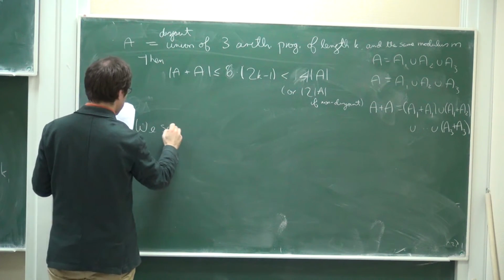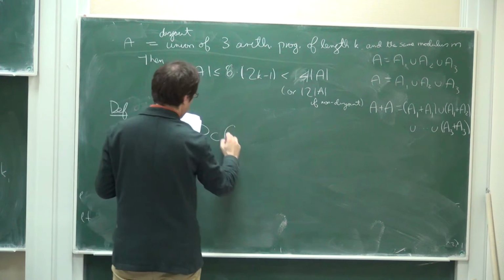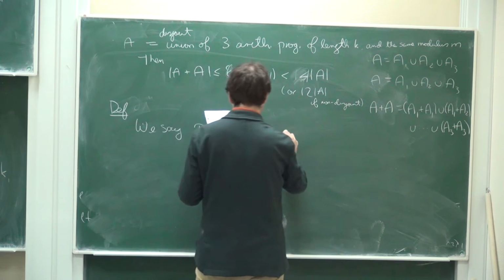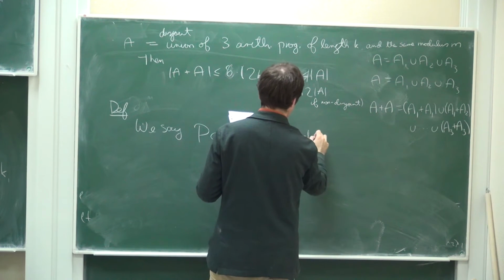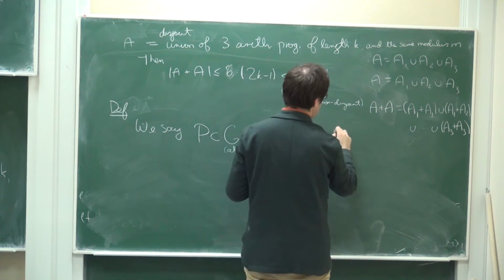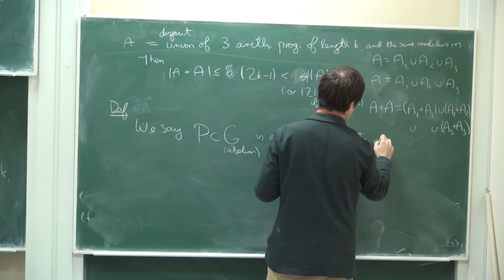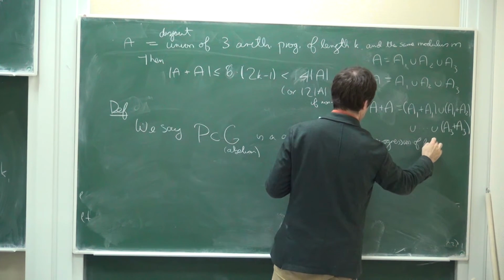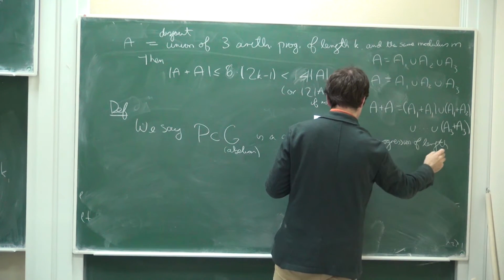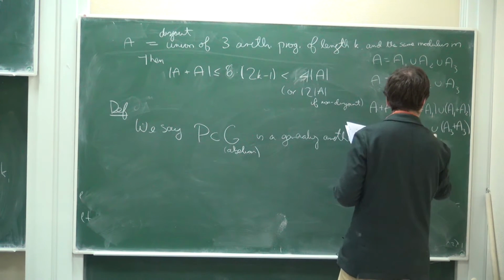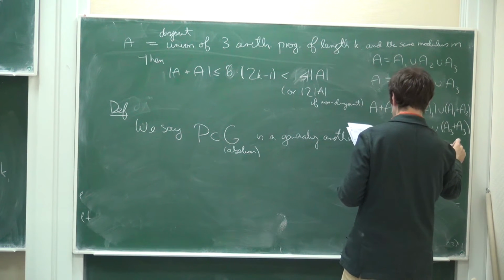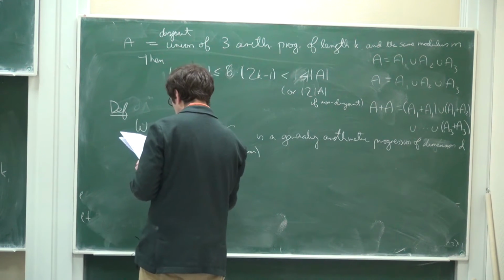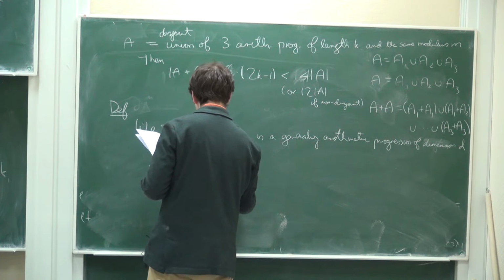So we say P in an abelian group is a generalized arithmetic progression of, well, of dimension D. The dimension will be crucial. If P can be written in the form A plus